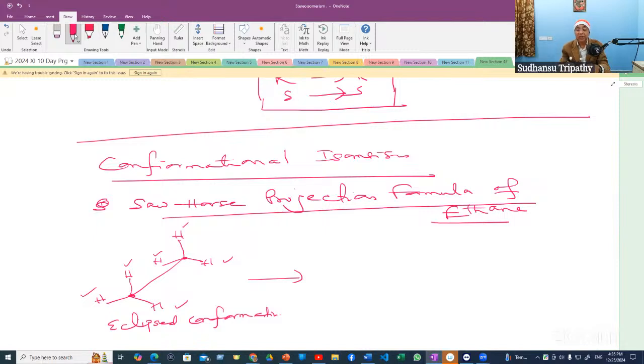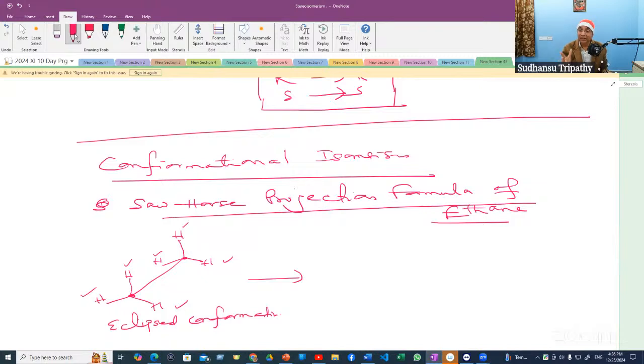I never do that. So if you make a 60-degree rotation, change the dihedral angle from 0 to 60, you will find three pairs of hydrogen come opposite to each other. Not the same three pairs which were eclipsed. Other three pairs. Supposing these two are eclipsed, now this and this will be opposite. This on your side and this on my side opposite. And this on my side and this on your side will be opposite. So immediately with 60-degree rotation, the eclipsed conformation will be converted to another conformation which is stable, the most stable one,